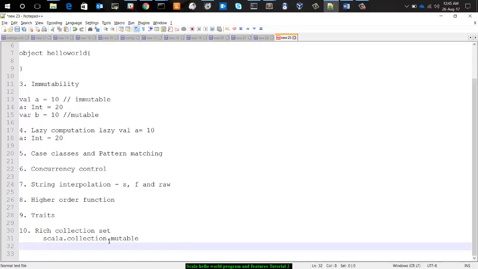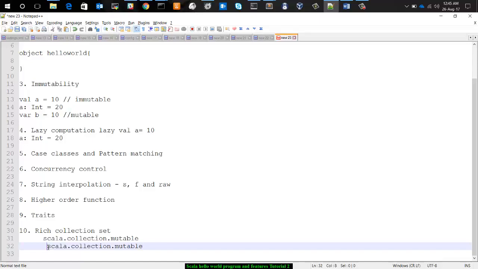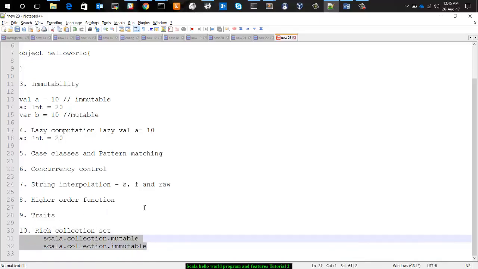The other one is Scala immutable collections. These are the two main packages available in Scala. We will see further in coming tutorials.